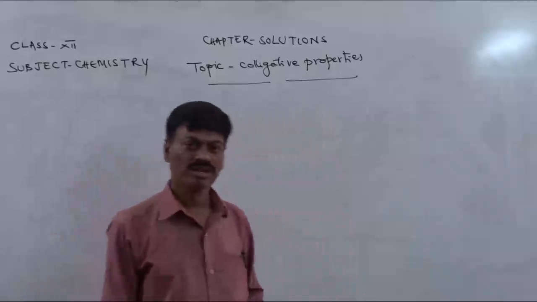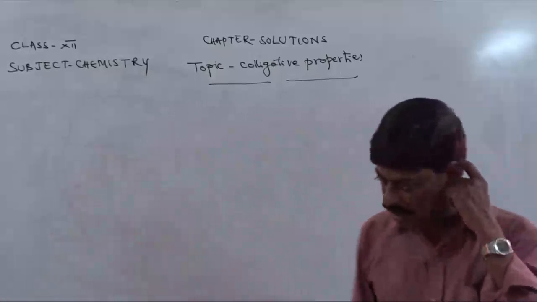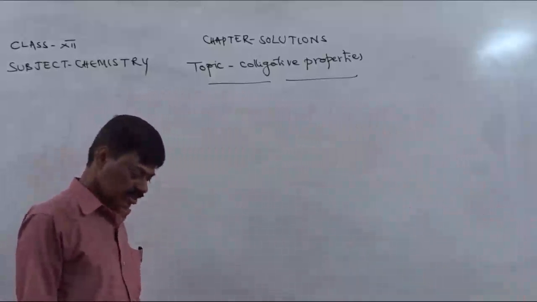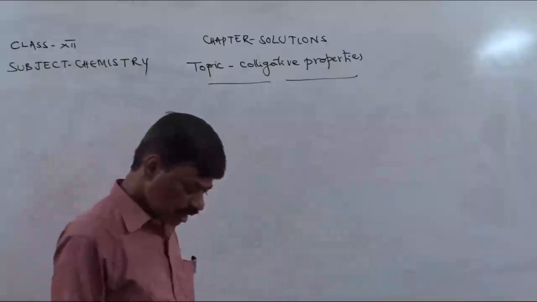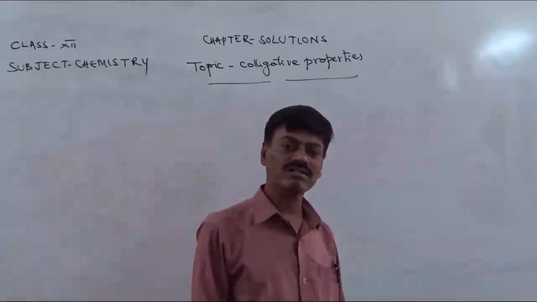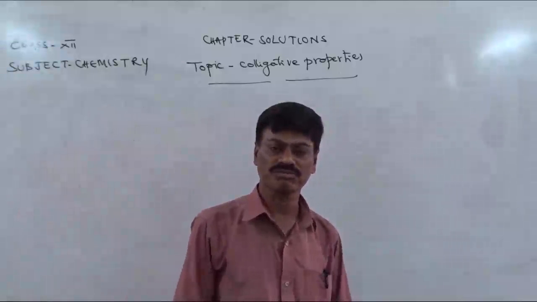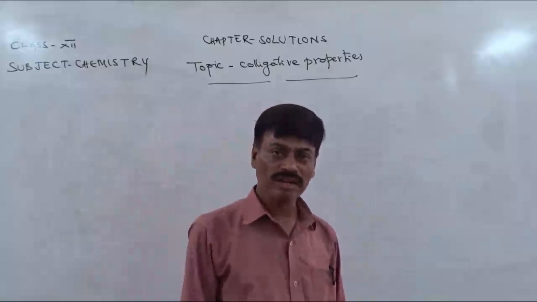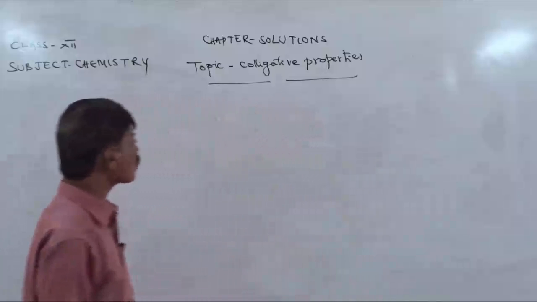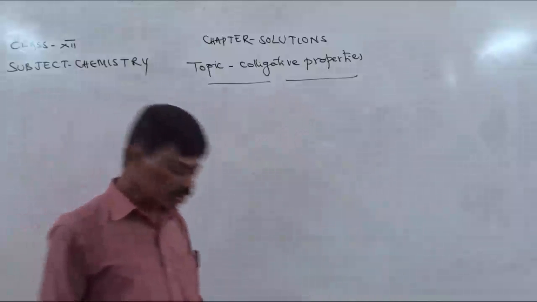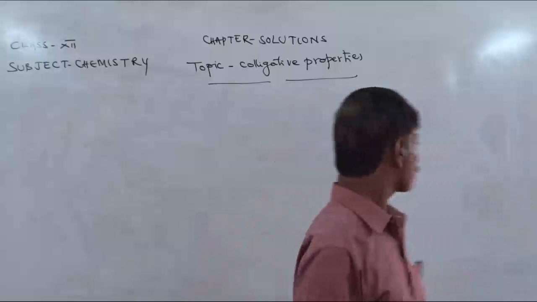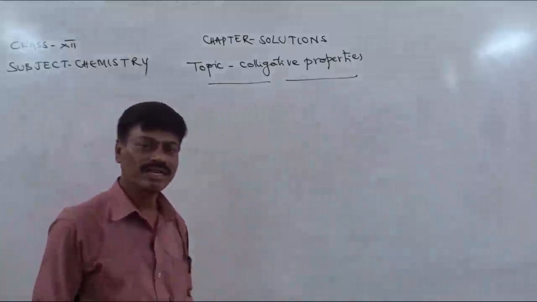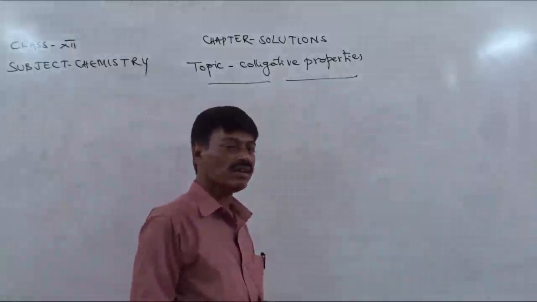Children, we discussed in previous class the concentration techniques of the solutions that are employed while expressing the amount of solute dissolved or the concentration of the entire binary solution. Thereafter, I taught vapor pressure and Raoult's law. Now, I am moving to colligative properties. There's a new topic for you. In this colligative properties, we have four important properties, and each property is linked with a numerical.